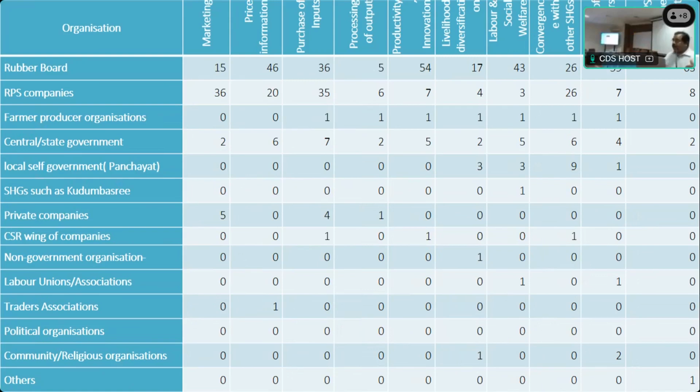Now, if the cooperative is successful in interacting with, for example, the CSR wing of a company, then they would end up doing something, and I gave an example. You can see that one RPS was able to get into the CSR wing of a company and purchase inputs. Four of them were able to get in touch with four private companies that started doing purchase of inputs. So it is all possible. There are RPSs which have done that, but very few of them have done so. Most of them have actually depended largely on